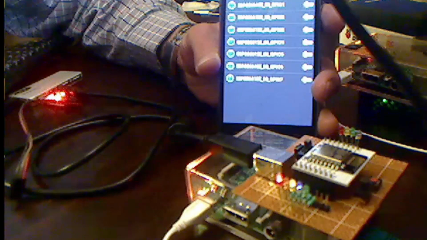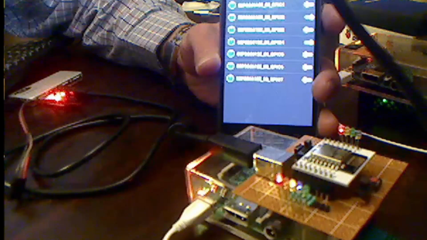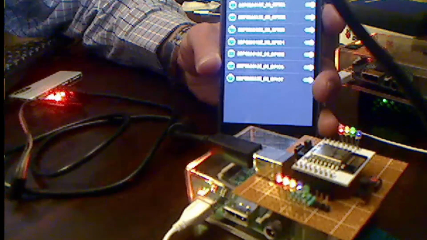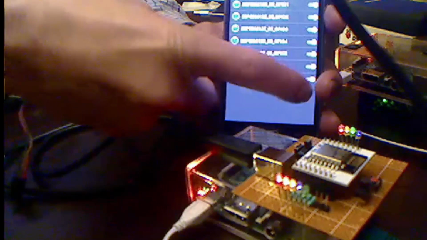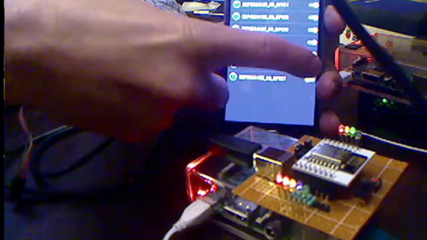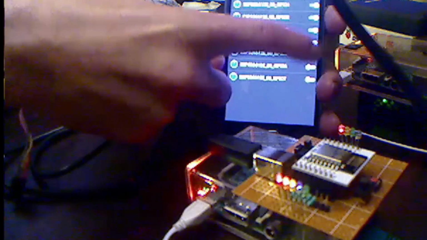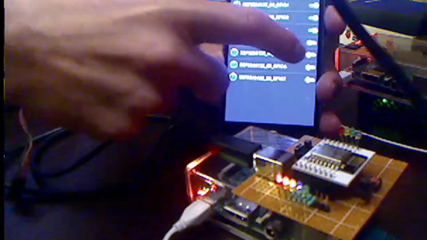LED 1, LED 2, LED 3, LED 4, LED 5, LED 6, LED 7, LED 8. Okay, let's see if we can switch them off using the Android. Off, off, off, off, off, off, off,